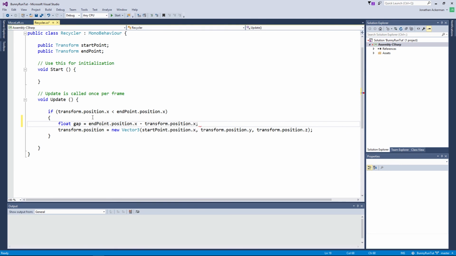So that gives us the difference between where the endpoint is and where the transform has actually moved to. That gives us a little amount difference, and then we're going to take that amount difference and subtract that